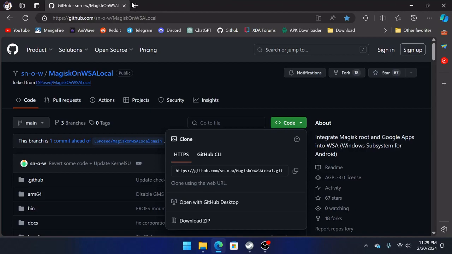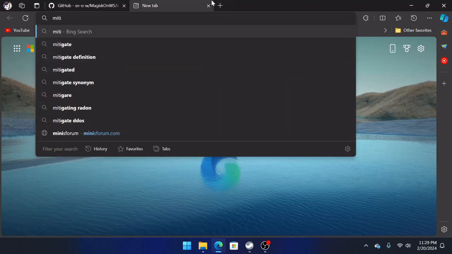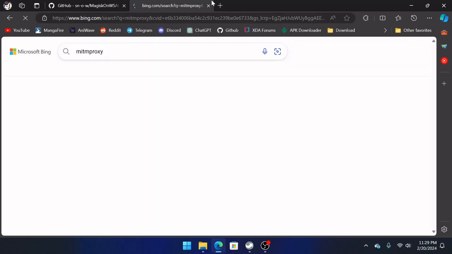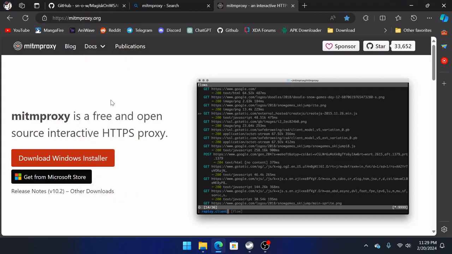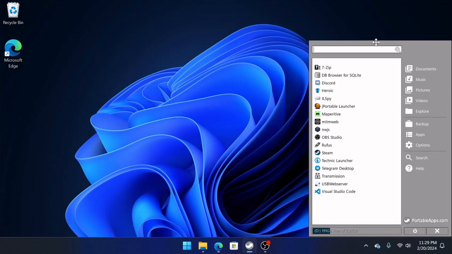MITM proxy. I'm going to leave a link to the website in the description, MITMproxy.org. You get it however you want. I got the portable apps version here, and I got it saved here as MITM Web, because that's the version we're using, MITM Web. And